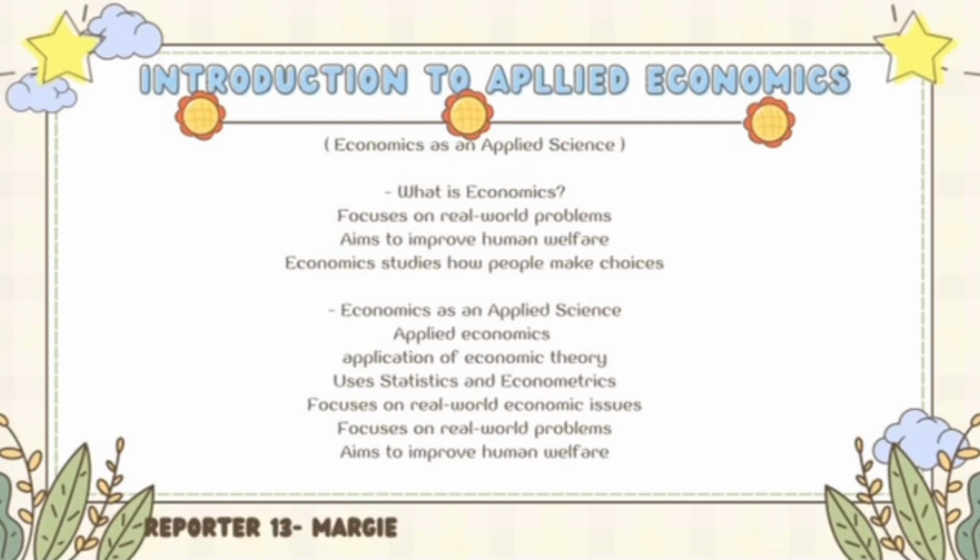So, applied economics is about using what we learn in economics to solve real-life problems, instead of only learning theories from books. It uses actual data like income levels, job numbers or prices, and uses economic ideas to understand what's really happening in society. For example, to study poverty, apply economics, examine wages, cost of living, and government support to figure out why some people struggle and what policies